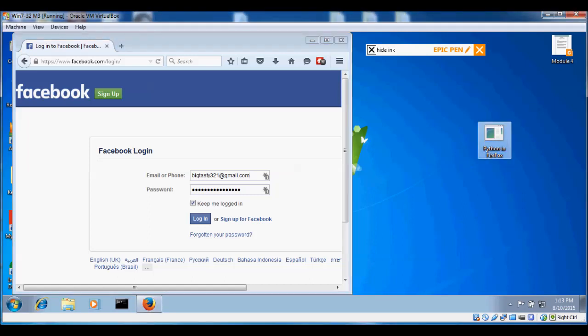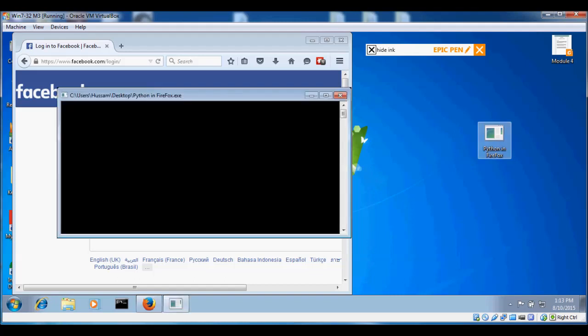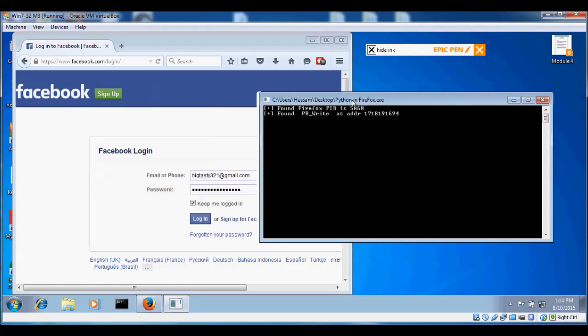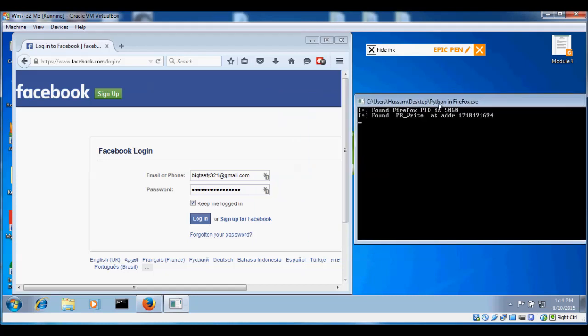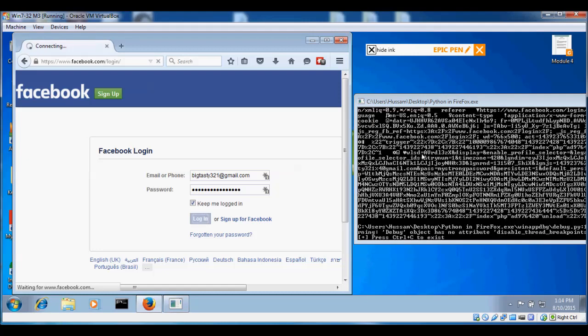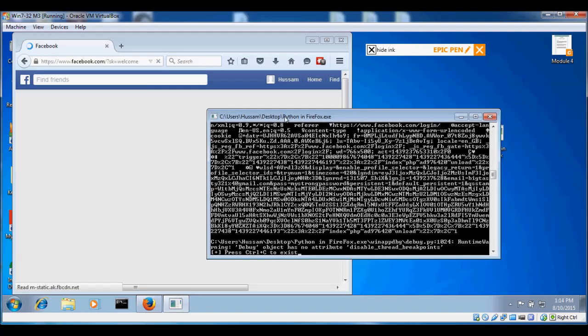And as you can see, LastPass has entered our username and password for us. So I'm going to run our script here. Okay, so this is the Firefox process ID and the memory address for the function. And notice once I click on the login button,